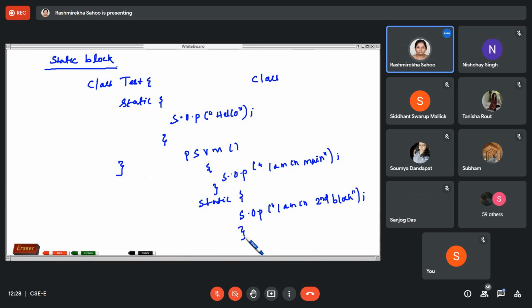Public is the access modifier and it represents visibility, so it is visible to all. Void means it doesn't return any value. And main is the starting point of the program execution. In case of a static block it is different, but normally main is the starting point. Now, why are we declaring the main method as static?